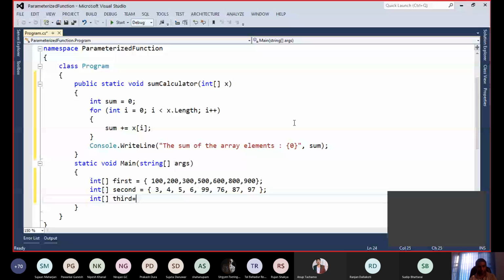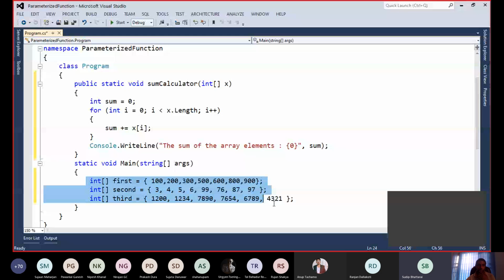1200 100 234, let's say 7890 7654 6789 4321. Is it visible everybody? So देख्नुभयो, whatever the array I have typed. देखिरहेको छ। अब के भयो भन्दाखेरि मैले तीनटा एरे क्रिएट गरेँ है।